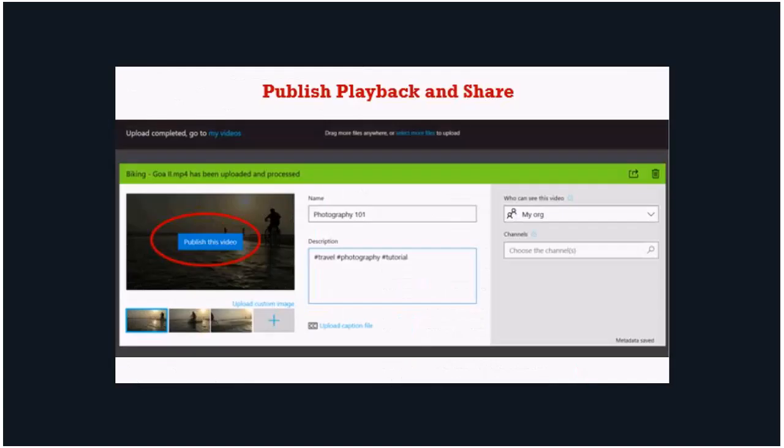Right. So after you've set up the description, permissions and everything, you will come to a publish screen where you will see a publish button, and you can easily play back and see whether it is completely uploaded. You can publish, or there is a share button which allows you to share it outside your organization also. Whosever email address you put in there, you will be able to share it with that person, or it also gives you a shareable link. So you can simply share the URL of the video with that particular person, and it also gives you